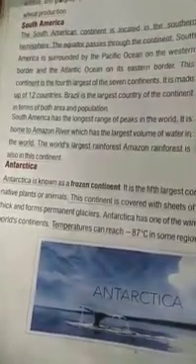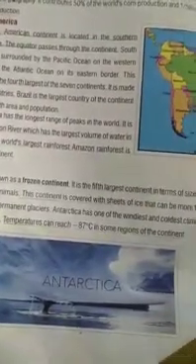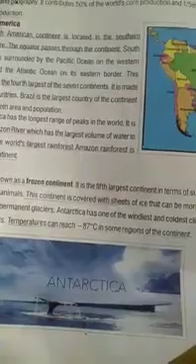Temperature can reach 87 degrees Celsius in some regions of the continent. Let me show you over here how Antarctica looks. In many places it is like that. Water is also present and ice is also present as a glacier. Strong, big mountainous shaped glaciers.